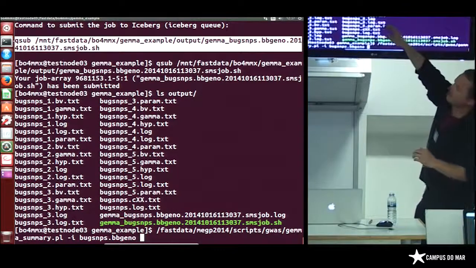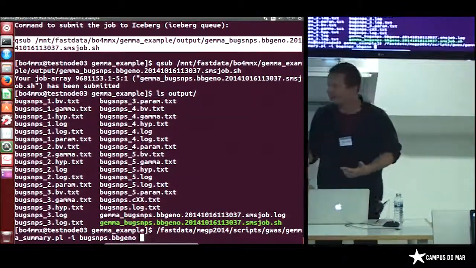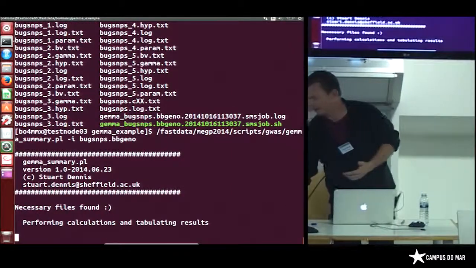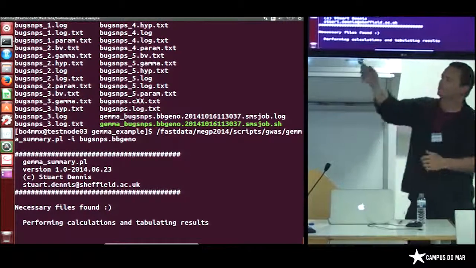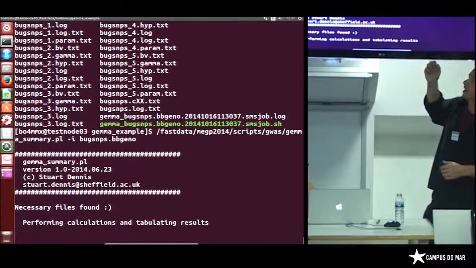And the parameters are actually the parameter estimates that come out of the model. But we need to summarize them so we can make some sense of it. And if we run this next one called GEMMA Summary, it will tell you nicely if it finds the correct files. And if it does, it will actually